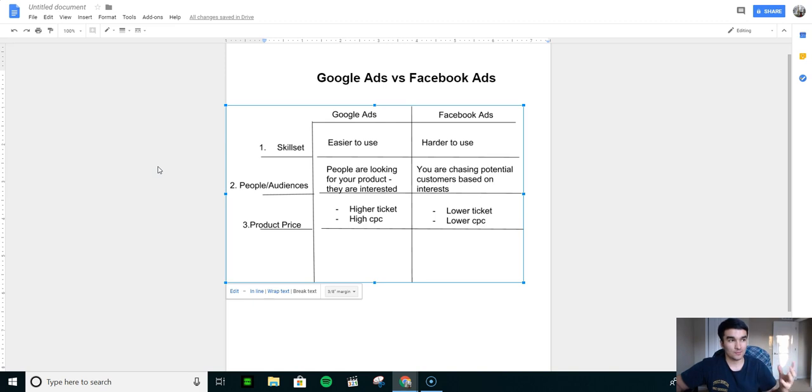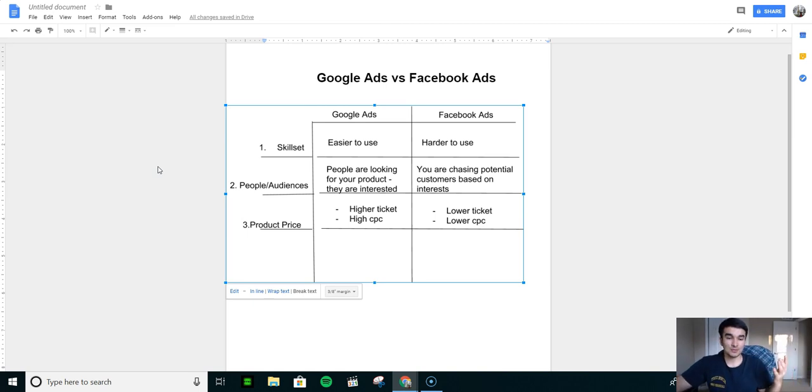If you have a product, if you think the product will sell really well, but you don't really have anything to advertise on, then go ahead and start with Google. If you do it the right way, and if there's enough search volumes, then your product should sell.